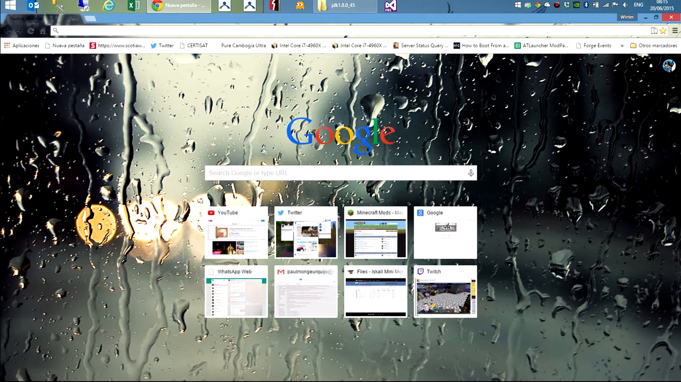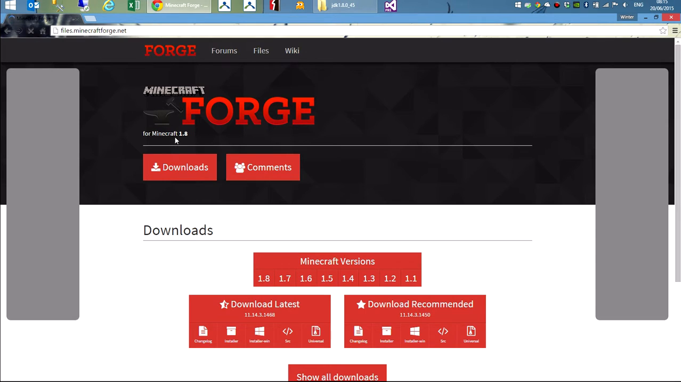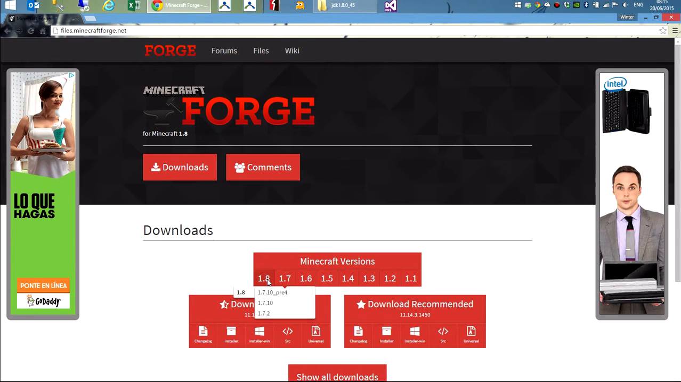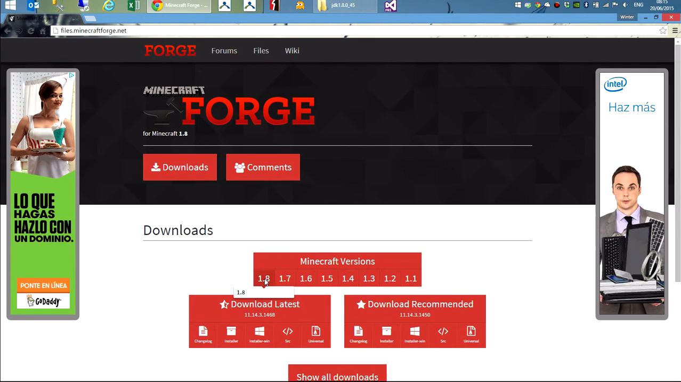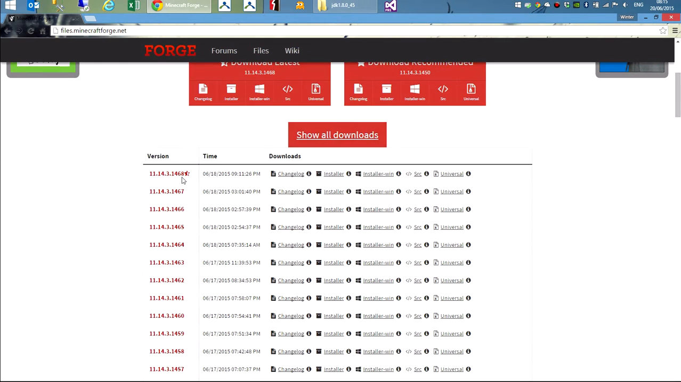First, what you want to do is download the Forge source code. That is, you go to the Forge files. This is the Forge page. And I'm gonna download the most recent for 1.8, and show all downloads. And here's the most recent. It's published on June 18, 2 days ago. So I'm going to download the source. This is the link for the source,